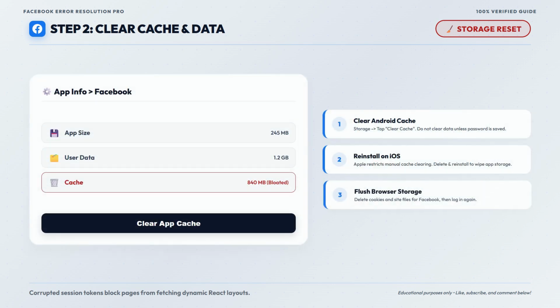Second, let's clear the corrupted app cache. On Android, open Settings, go to Apps, find Facebook, and tap Clear Cache. On iOS, delete and reinstall the Facebook app. If you are on a desktop browser, clear your browser cookies and site data, then log back in to refresh